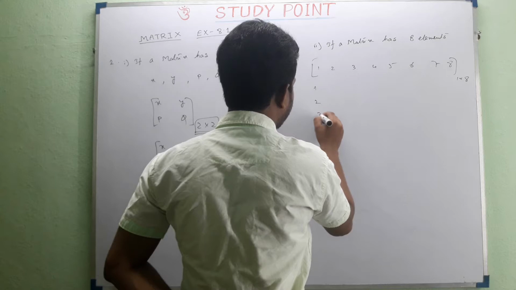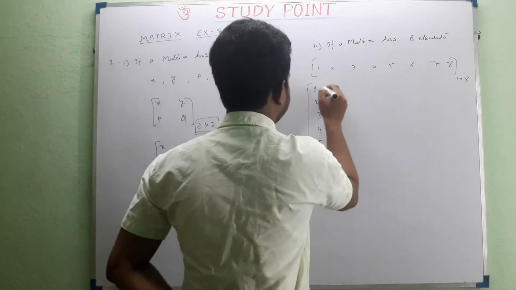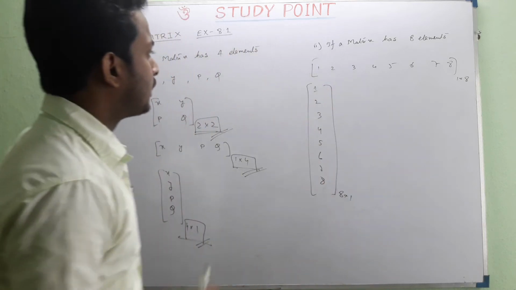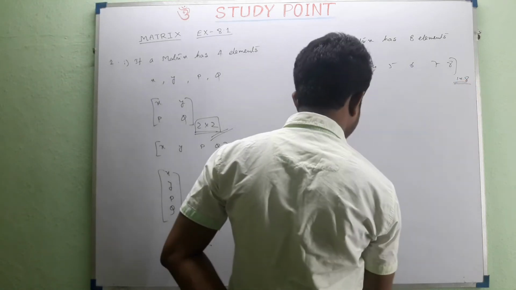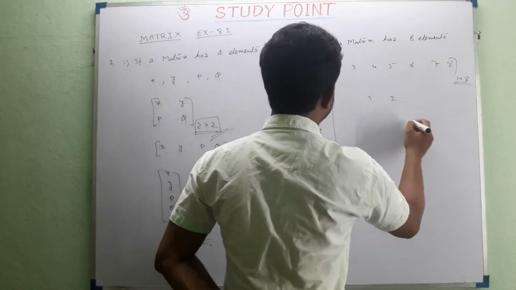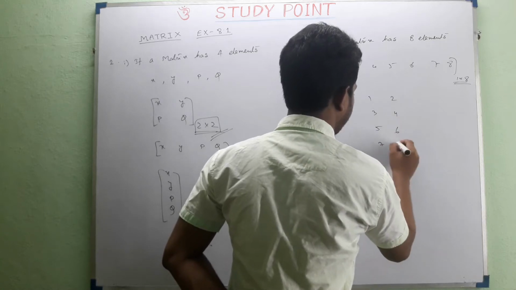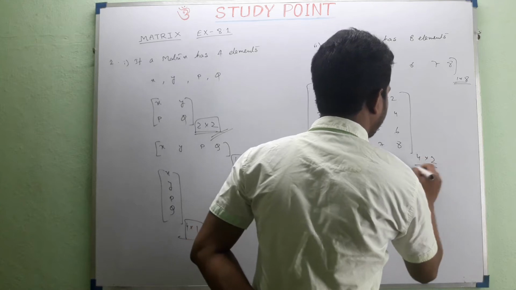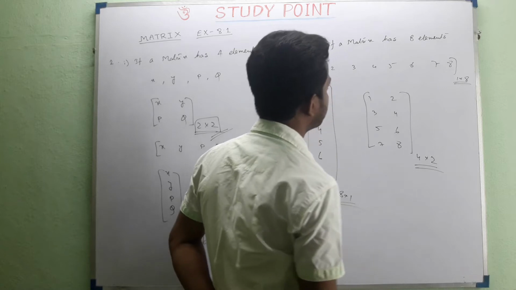This same thing may be arranged in a column matrix. Now here the order was 1 by 8 and here the order is 8 by 1. Now it may break and it may be formed like this: 3, 4, 5, 6, 7, 8. See? 4 by 2. This is also a possibility of the order of this matrix which will contain the 8